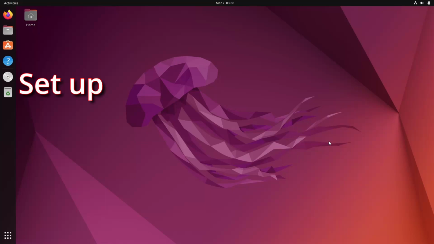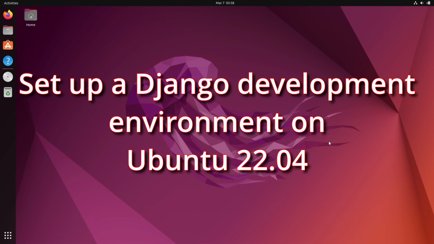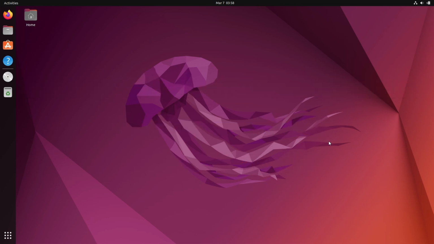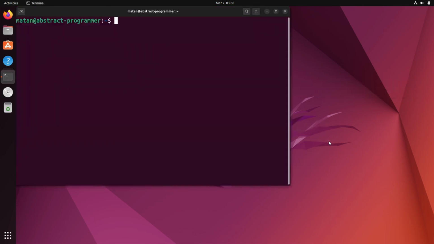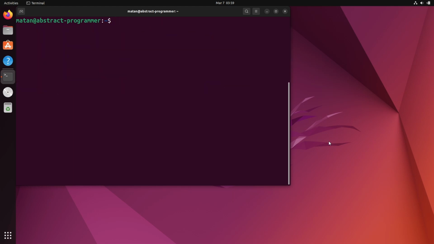Let's see how to set up a Django development environment on Ubuntu 22.04. I'm going to start by opening my terminal, and let's update our package list. Ubuntu comes with Python pre-installed, and to check the version of Python we have, we can run the command